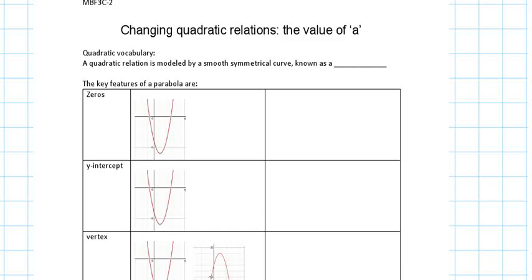So yesterday we talked about quadratic functions and how we can figure out if it's a quadratic function from the equation, from the table of values, or from the graph. Today we're going to look at the key features of a quadratic function, number one. And number two, we're going to look at how these key features change as we change the parent function